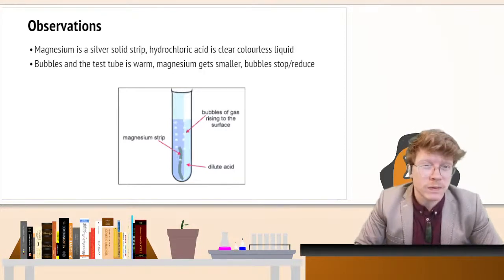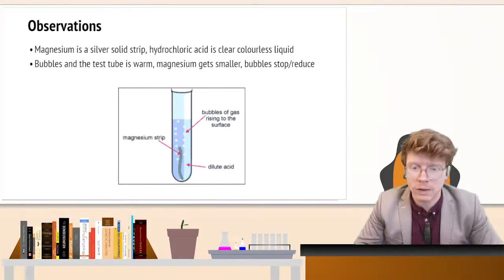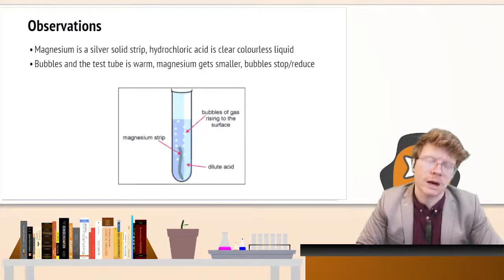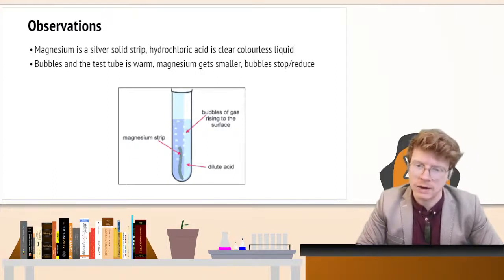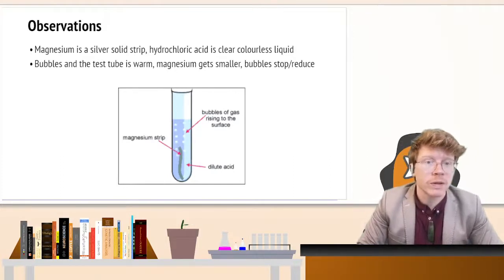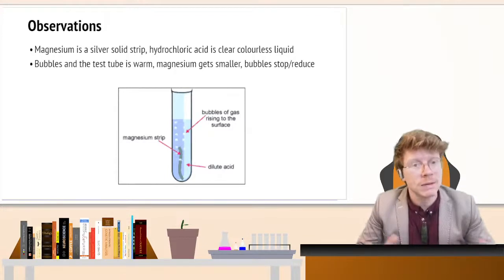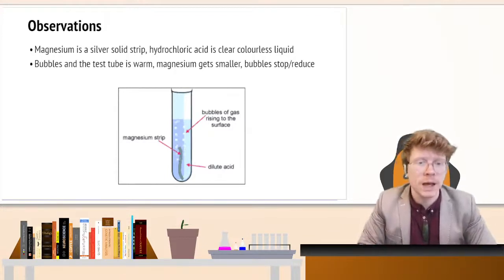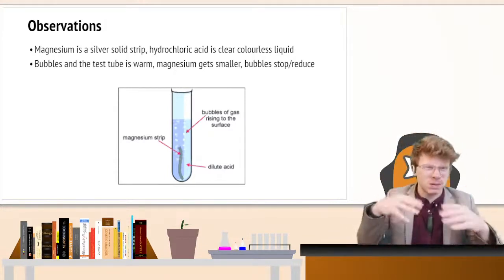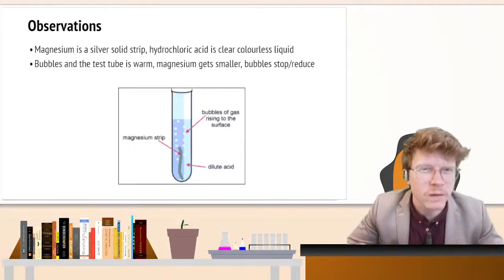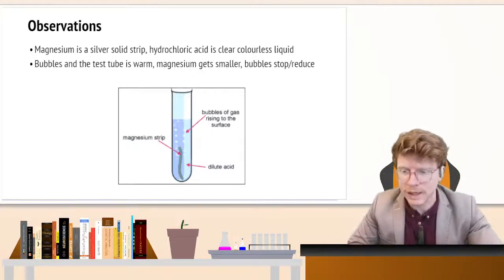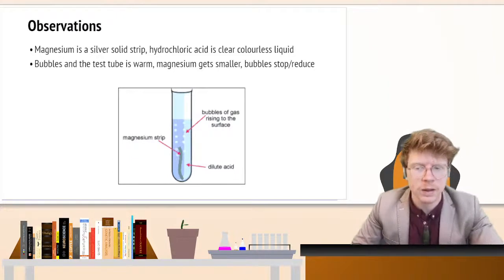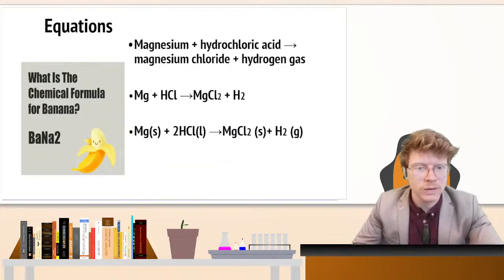In this case, we might tell you that when you get those bubbles, we test them using the hydrogen pop test and confirm that it is indeed hydrogen. You might find out that the test tube is warm because this reaction is exothermic. It gives off heat. The magnesium gets smaller over time, and eventually those bubbles sort of die down because the reaction is over. We've used all of the available magnesium to do this reaction. So our equations in this case